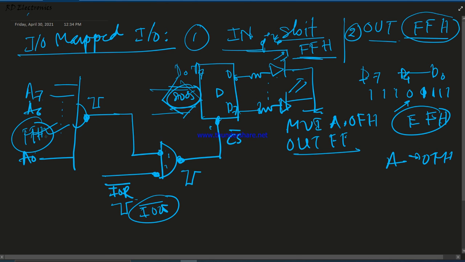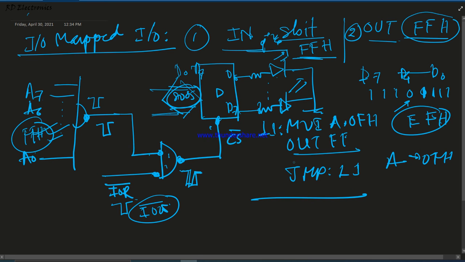Then this FF comes out here and the output is low, and in the write operation cycle IO write bar equals 0, and with these two low signals we get 1 here and finally low here. This low signal selects the D latch, and the accumulator data comes out from the data bus and goes to the LED port. So now we use JMP L1, again we use jump here.